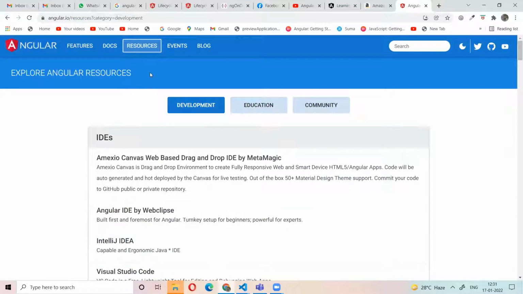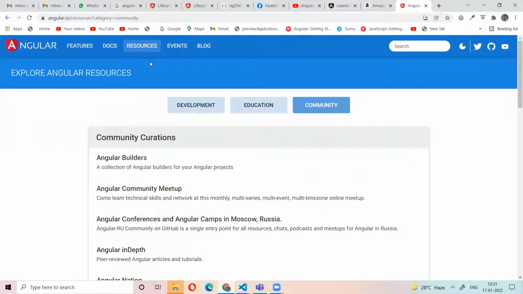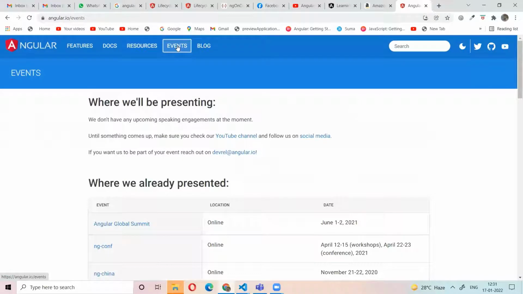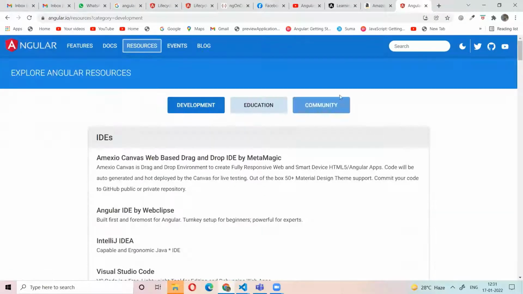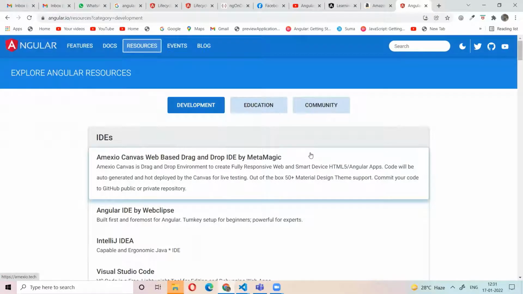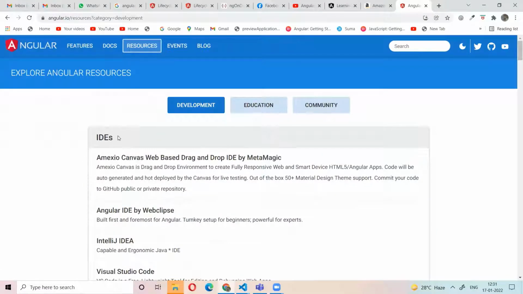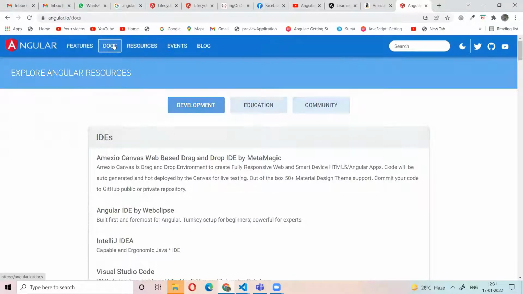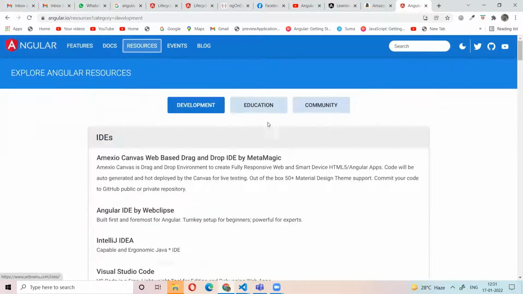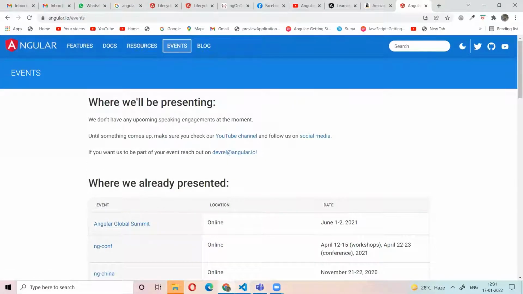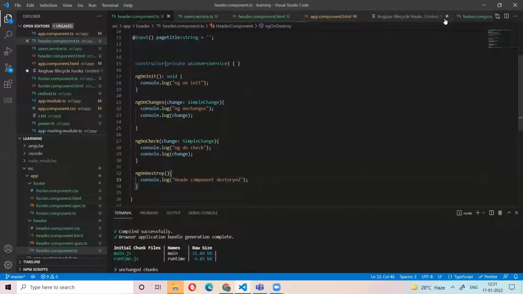For example, the resource page, I saw the community page. Now I go to another page. If you're not destroying data, it is retained. Here they are destroying data, that's why it is initializing again. This is a single page application, that's why the page is not loaded. Only the view is loading. It destroys one component and loads the other component. So these are all lifecycle hooks. That's it for today's class.